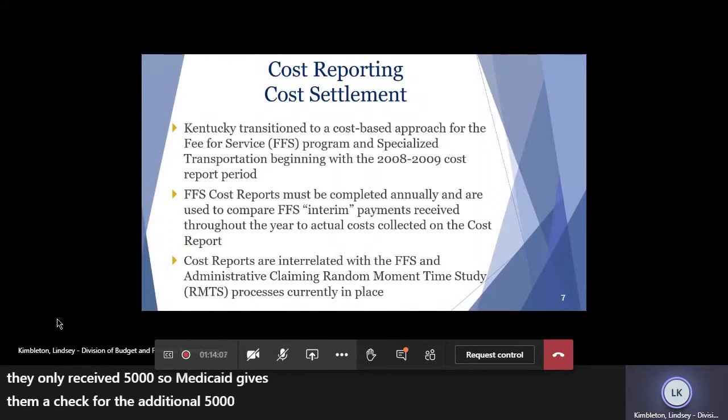Now let's reverse it. Sally Jones has been submitting claims each time she provides a Medicaid billable service. The school receives $5,000. They forgot to include her on the direct service staff pool list in the random moment time study. So the following year, her name does not appear on the cost settlement and they cannot count her cost. Now her district owes $5,000 back to Medicaid. It's just an important reminder to always include all billable practitioners on the direct service staff pool list in the random moment time study.